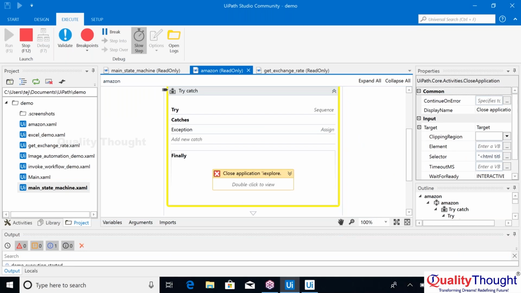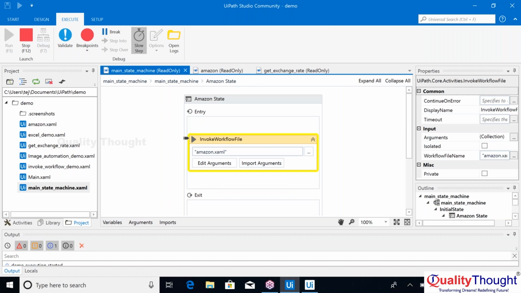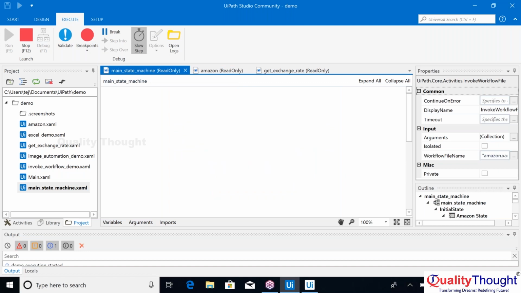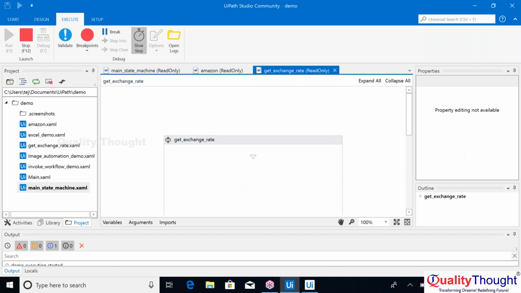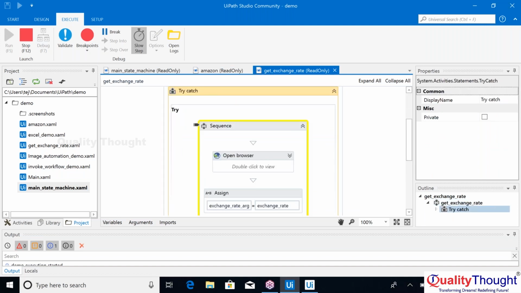And now if you see, it is in close application, and then the flow would go back. It is going to try catch and then back, and it would go into main state machine, and it has entered into get exchange rate. Now it is into get exchange rate, and then into try catch, and then your sequence,